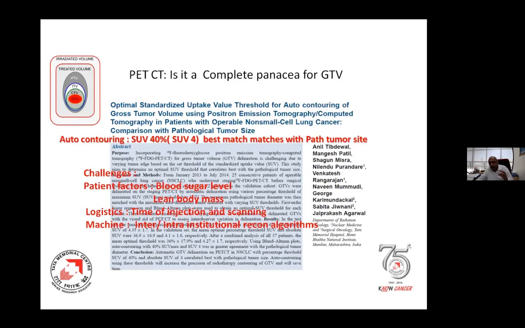Even if I wanted to compare between two centers, I have to work in my center and another center has to do their own studies, because the PET machine algorithms calculating SUV may have a different algorithm, backscatter, or the background cutoff may or may not have been done. So what I'm trying to say, just don't follow blindly. Check your systems. Can you do that or can't you do it?